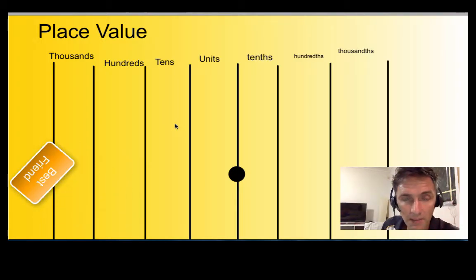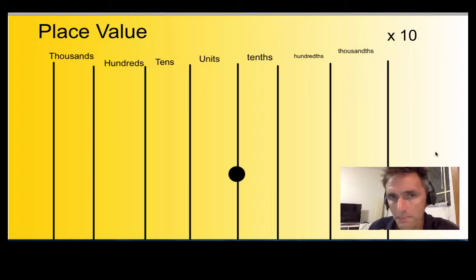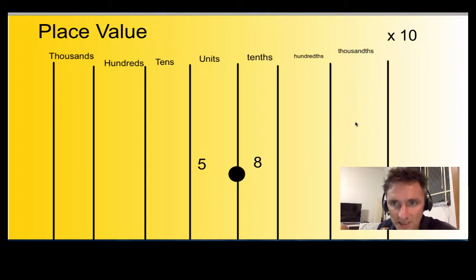We're just going to do a little sum. We're going to do a times by 10 sum first. And let's say we're going to do 5.8 times 10. So here's my thousands column, my hundreds column, my tens column, my units column, my decimal point, my tenths column, my hundredths column, my thousandths column, and of course I've got 5 units and 8 tenths, so that is really 5.8. And we're going to times that by 10. Now what we do when we